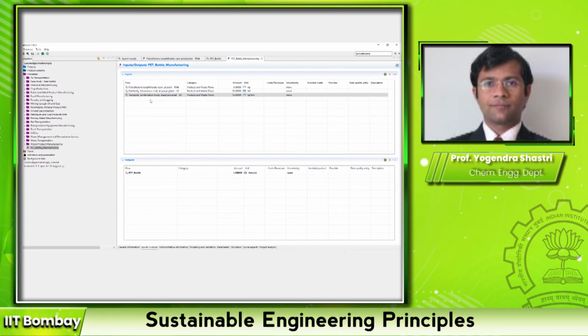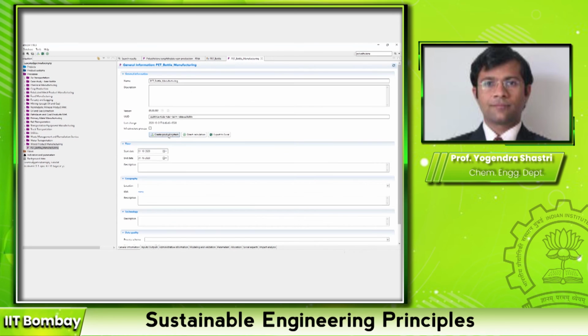The second example I'm going to do will show how to do this. You will have many processes connected to each other, but when you create a product system, they are actually put together. Here you only have information about the process, but you still need to make sure that everything is connected properly. That is done by this process of creating a product system.